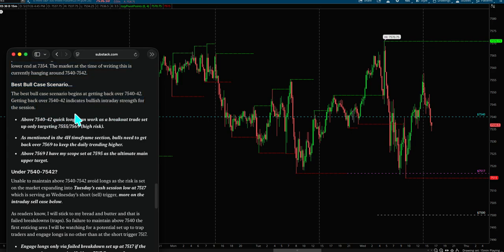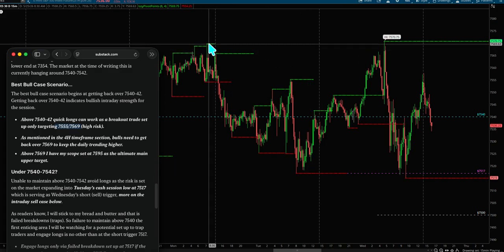Getting back over 75.40 indicates bullish intraday strength for the session. Okay, I mentioned the first setup that maintaining above 75.40, quick longs can work as a breakout trade setup. And above 75.40, we're targeting two very specific targets, 75.55 and most importantly 75.69, which is this current week's high,